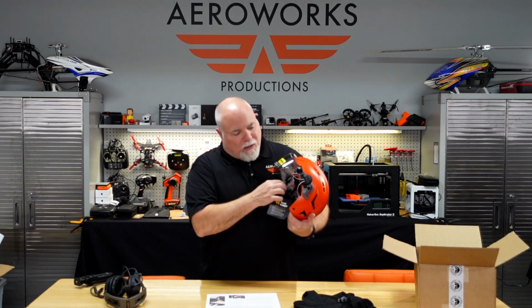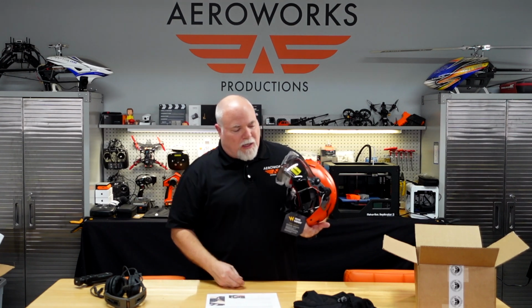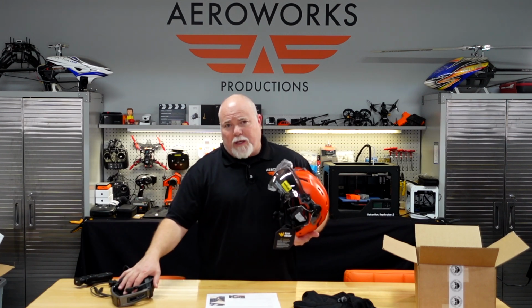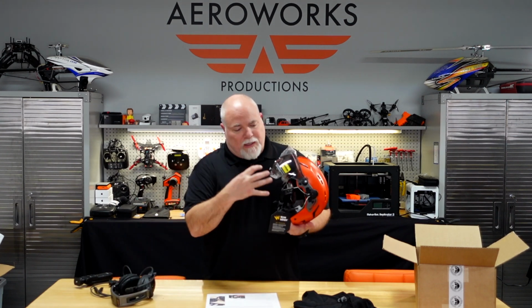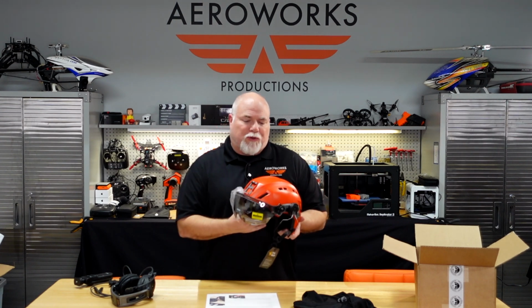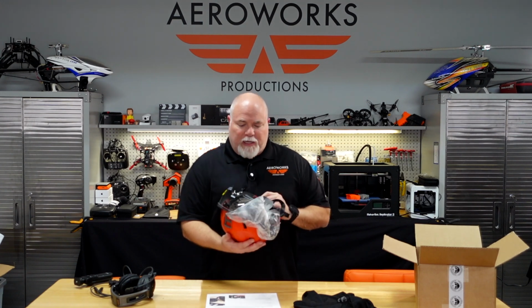Without the ear cups on there, it's a little hard to manipulate the springs, but once you have the ear cups on, it's much easier. So we're going to go ahead and take the ear cups off the A20s. We're going to get them installed on the stirrups, and then we're going to get all the wiring installed, and then we'll go through kind of a full review on how the helmet fits,